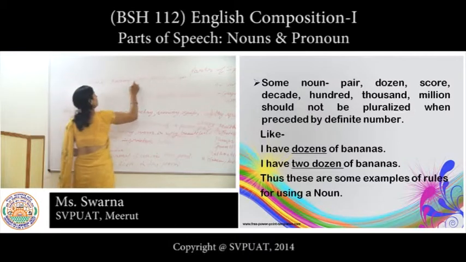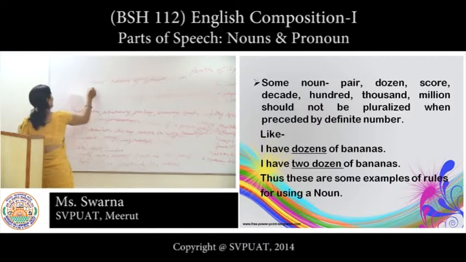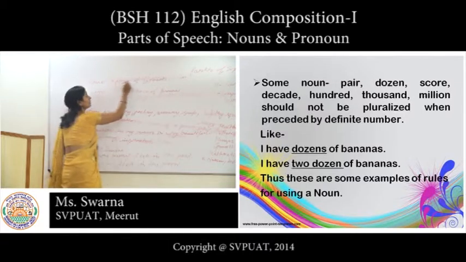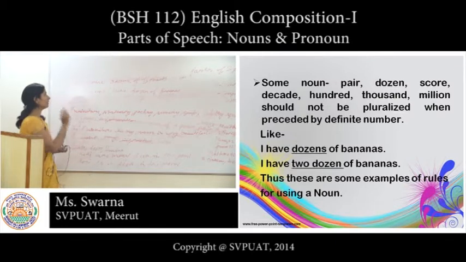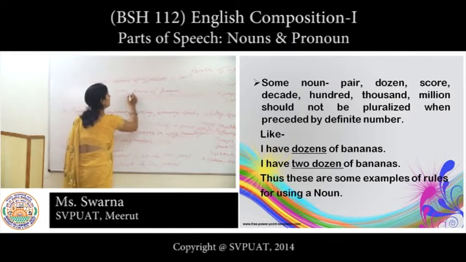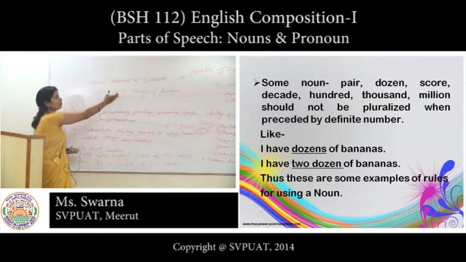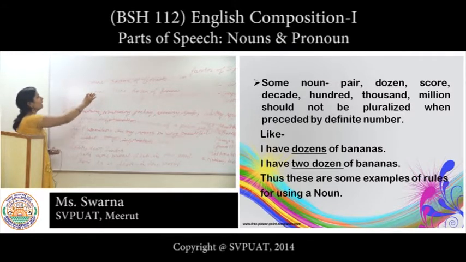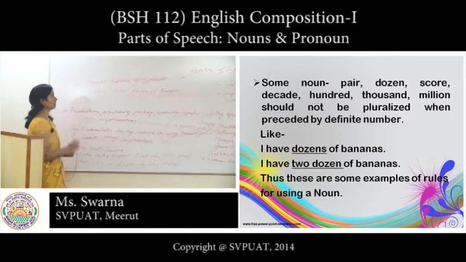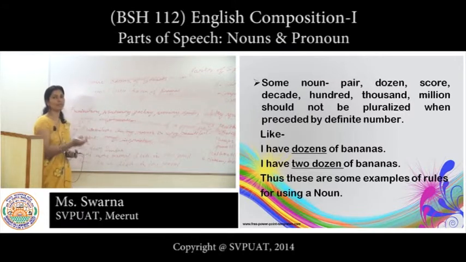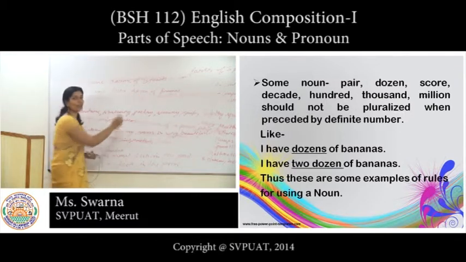I have a dozen bananas, and I have 2 dozen bananas. So in the first sentence we use S with the word dozen, and in the second sentence we have not used S with this word dozen. So what's the difference between the two sentences? If we use these words simply, then we will use S with them. But if these words are preceded by a definite number, then we only write the word, not S or ES,